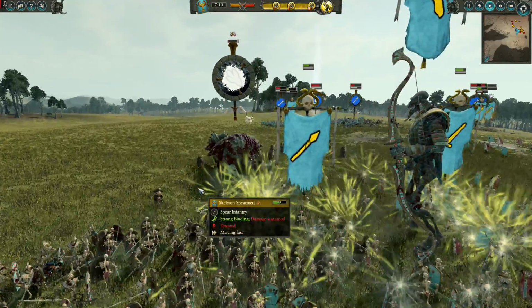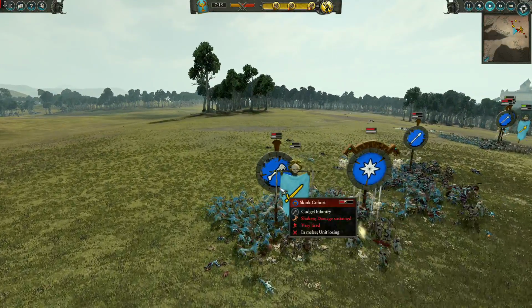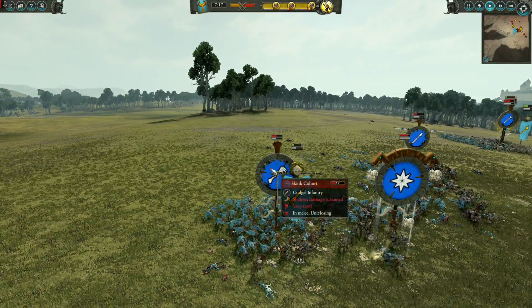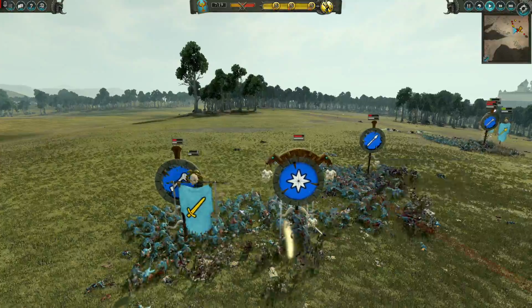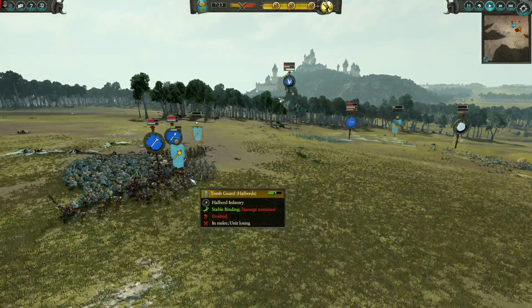Screw these sophisticated means of killing animals. I'm just gonna punch it. So this group of Tomb Guard got finished off by Kroq-Gar and the Skink Cohort and Sword Spears, though they did pretty good. They held their place. The Tomb Guard over here